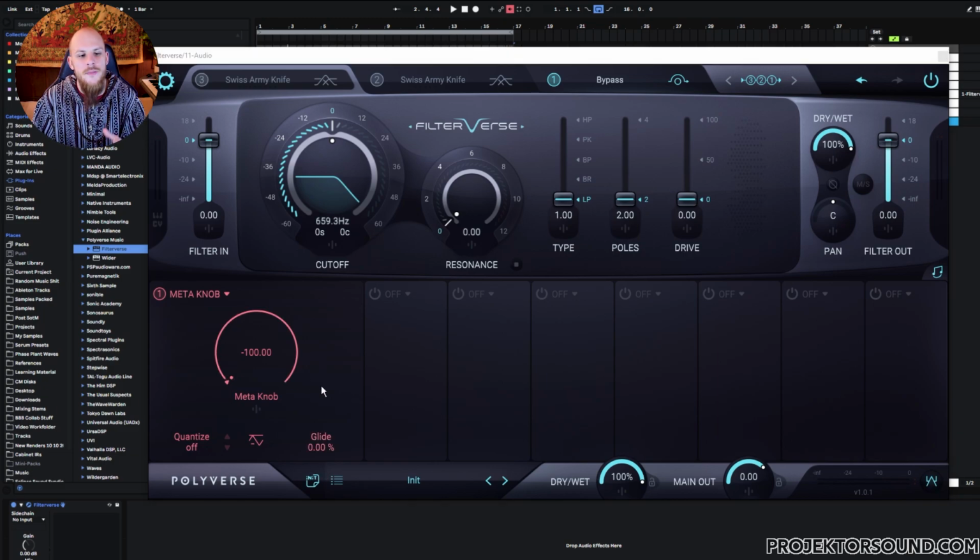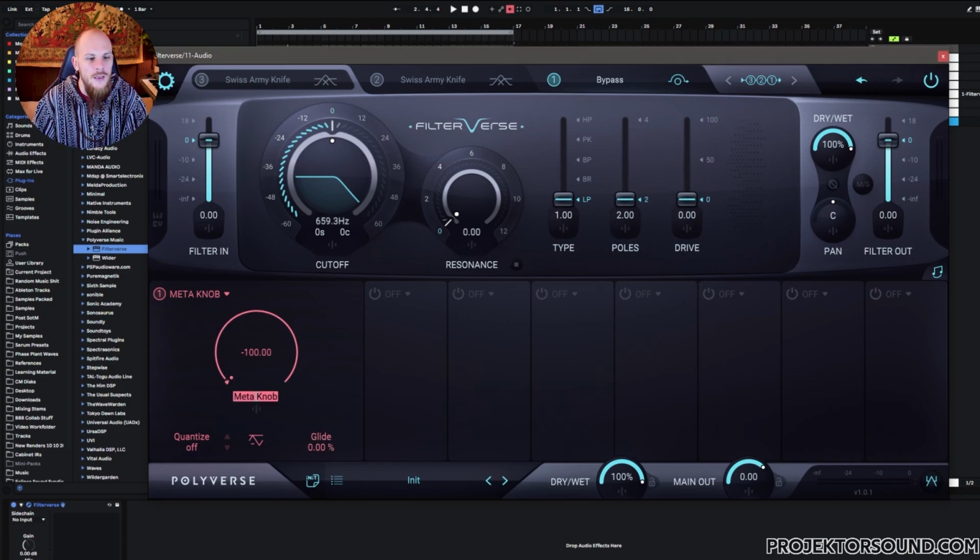Now, if you're a preset maker, you're going to love this stuff. What you can do is actually rename this. So let's say that this is intensity. You can basically have a macro that explains what it's doing. So if you're giving a preset to someone, it is immediately clear what this meta knob is actually doing within